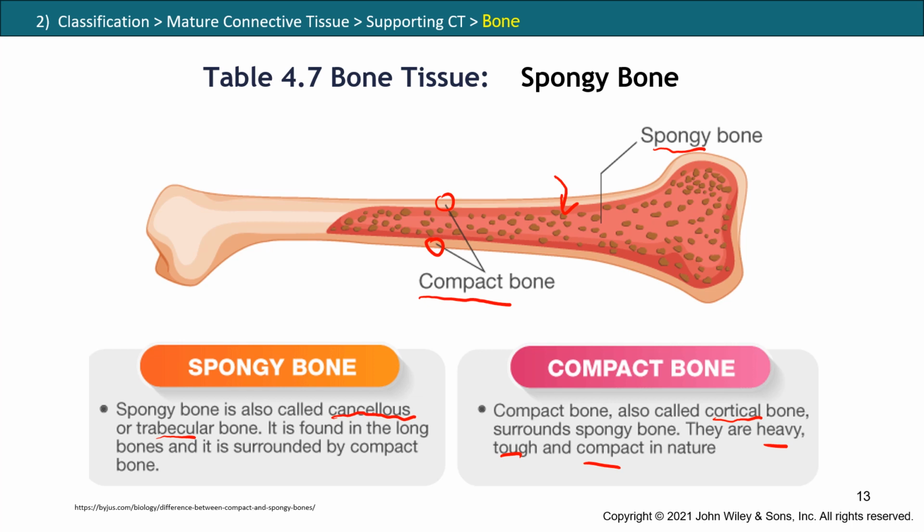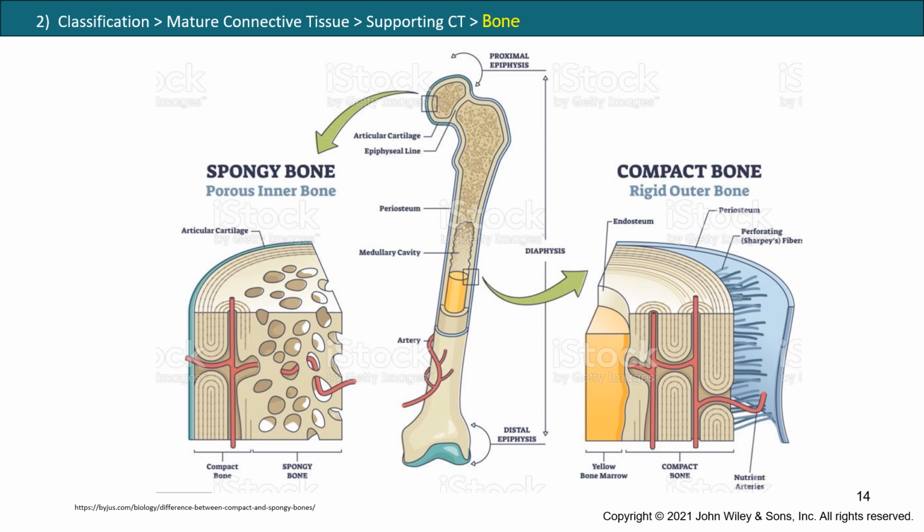Okay, now that you remember the spongy and the compact bone, I'm going to give you more details about the structures of bones. So the spongy bone, in addition to being inside of the bone, is